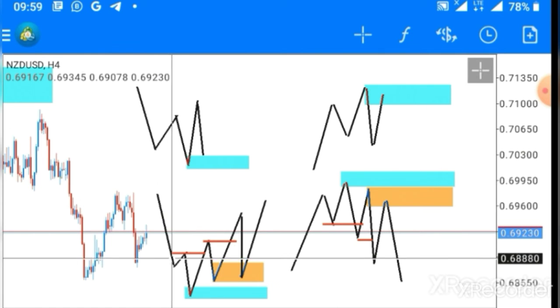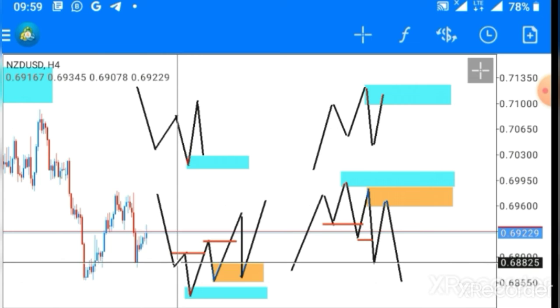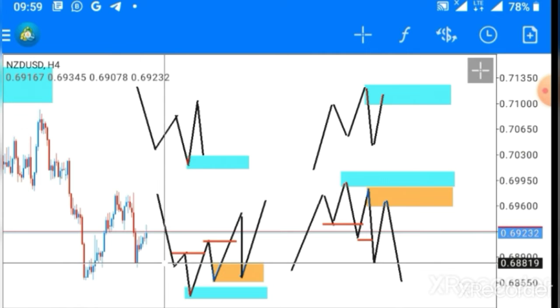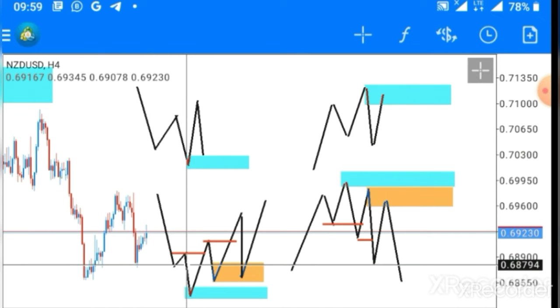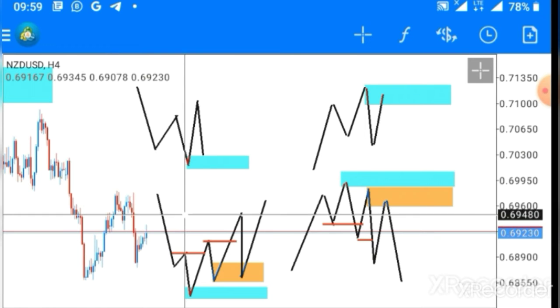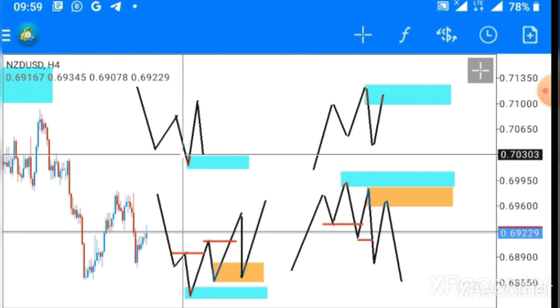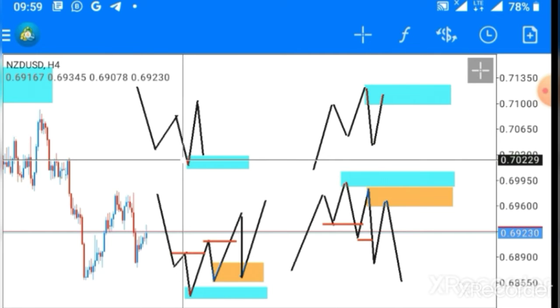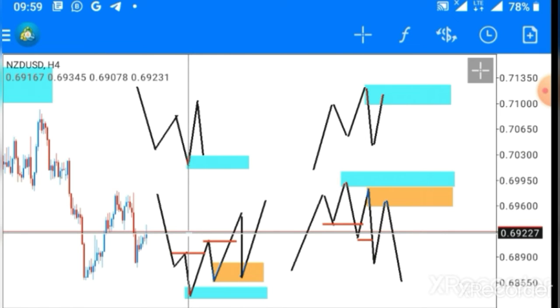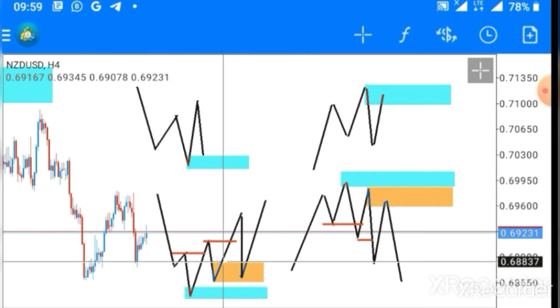Does it mean that every trade you take after the second break of structure is going to be a win? No. That's not what we are saying. What we are saying is that you need to have rules in place if you want to become a successful trader in the Forex market. So, as price comes into your 4-hour OB, scale down to your lower time frame of your choice. What are you going to do with the lower time frame of your choice? You wait to see double break of structure before you take a trade.